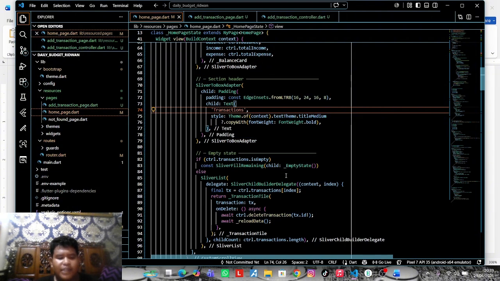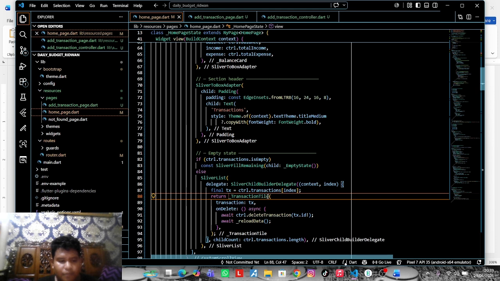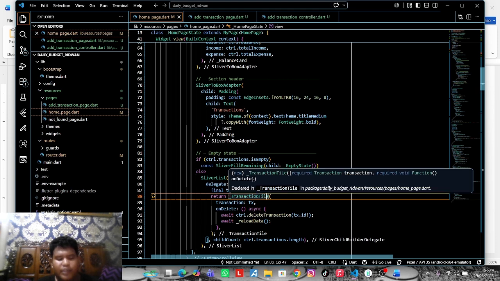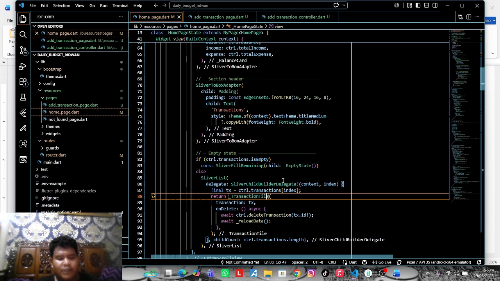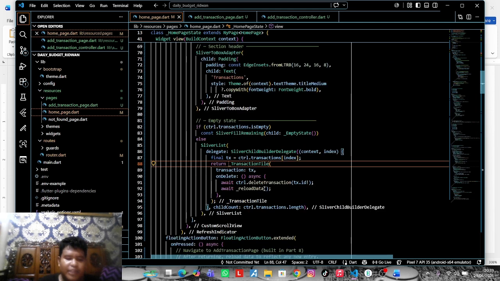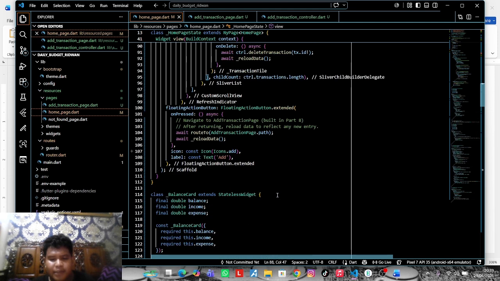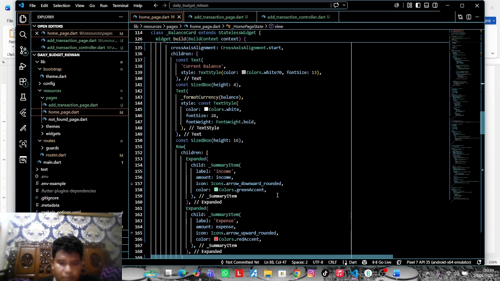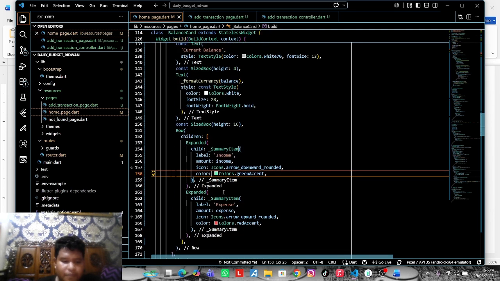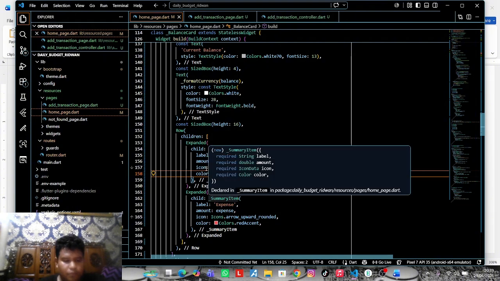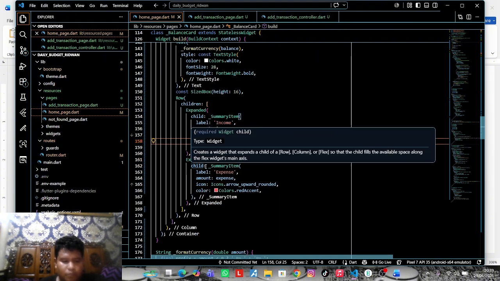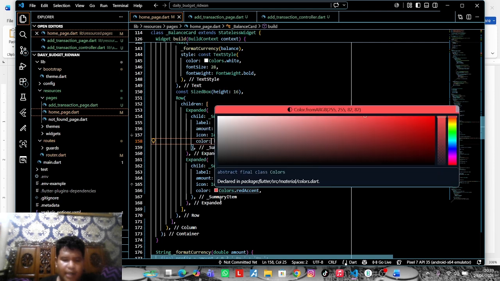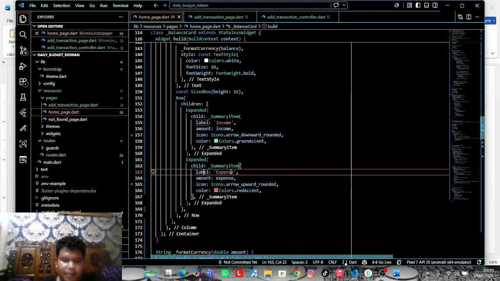Each transaction shows its title, transaction date, and amount of money. Income transactions are displayed in green, while expense transactions are displayed in red, making them easy to distinguish.